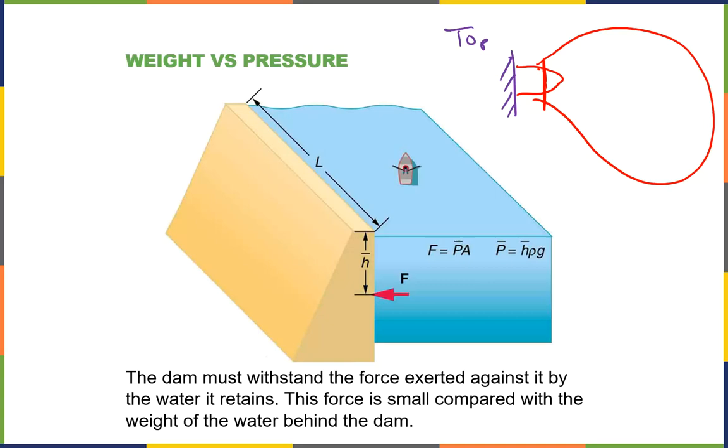That leads us to other things like buoyancy. How much water does it take to float a boat? Does a boat float differently if it's in a small pond or if it's in the ocean? The boat is held up by the pressure of the water. And the water pressure just changes with depth, assuming the water is the same density. It doesn't matter how much water is around the boat, as long as you have enough water to cover the